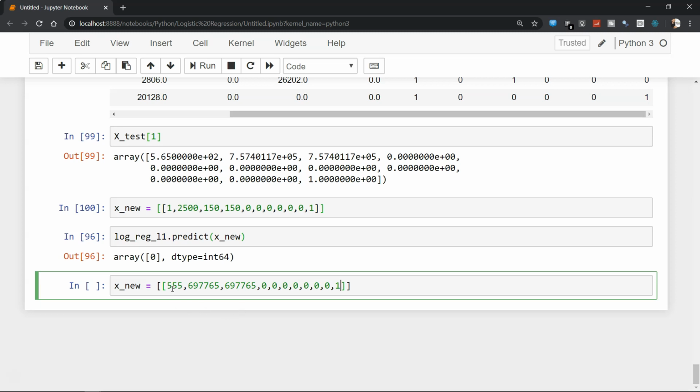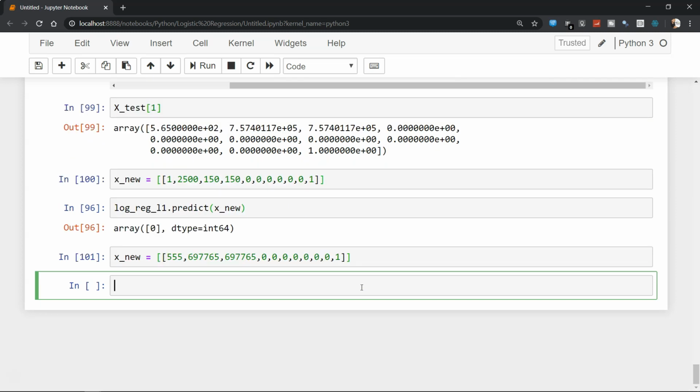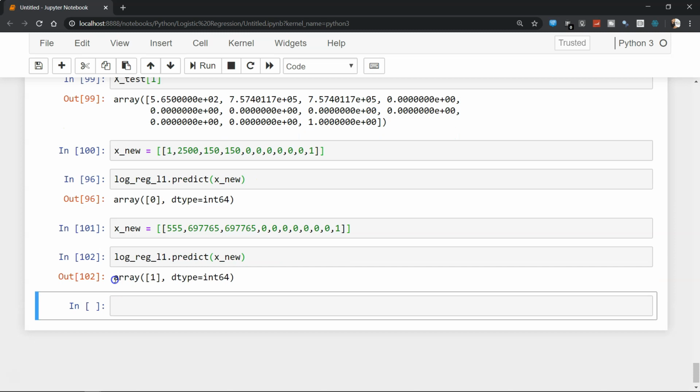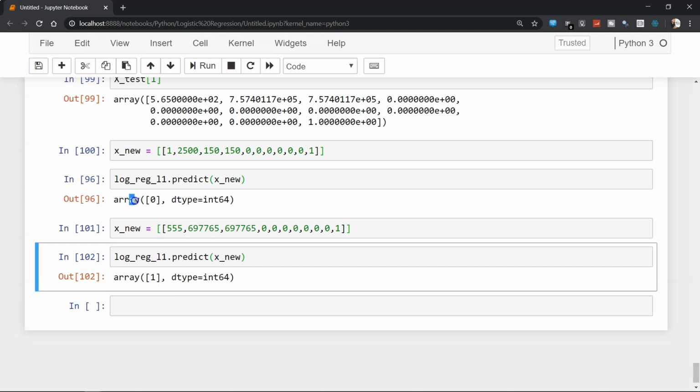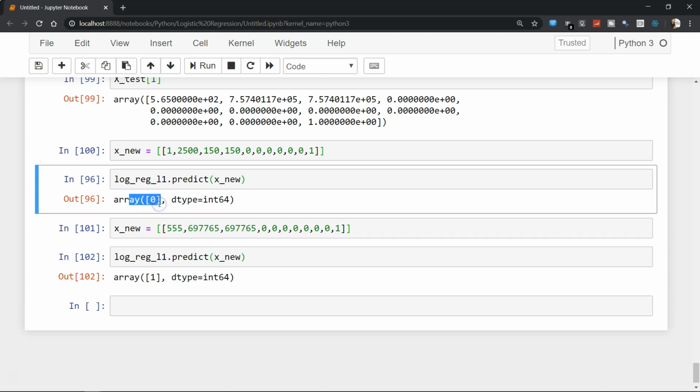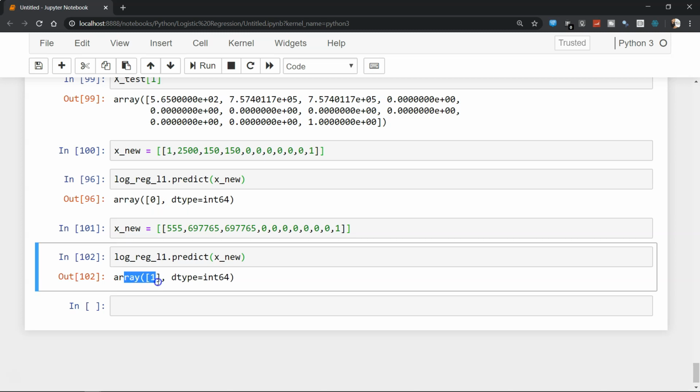I'm just counting again that it should have 11: 1, 2, 3, 4, 5, 6, 7, 8, 9, 10, 11. So ideally it should work. Now log_reg_L1.predict(x_new). In the earlier case it was no fraud, so we got 0, and now in this case we have got the fraud value.